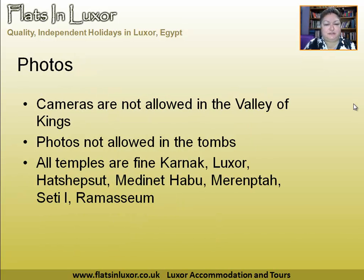The photographic situation in 2011 is that cameras are not allowed at all in the Valley of the Kings. You have to hand them in before you're allowed entrance into the valley itself. Not just the tombs, entrance into the valley. So if you're going with a guide and a taxi or a coach, you'll be encouraged to leave your camera